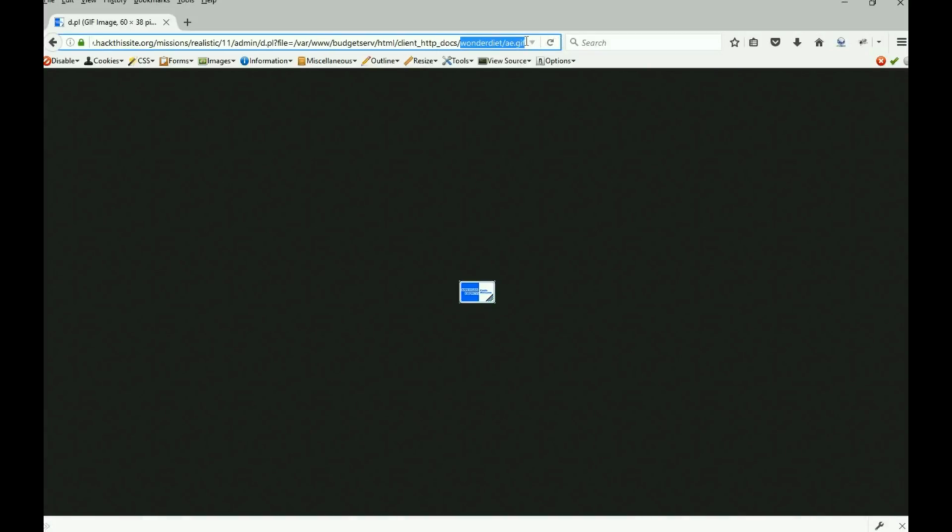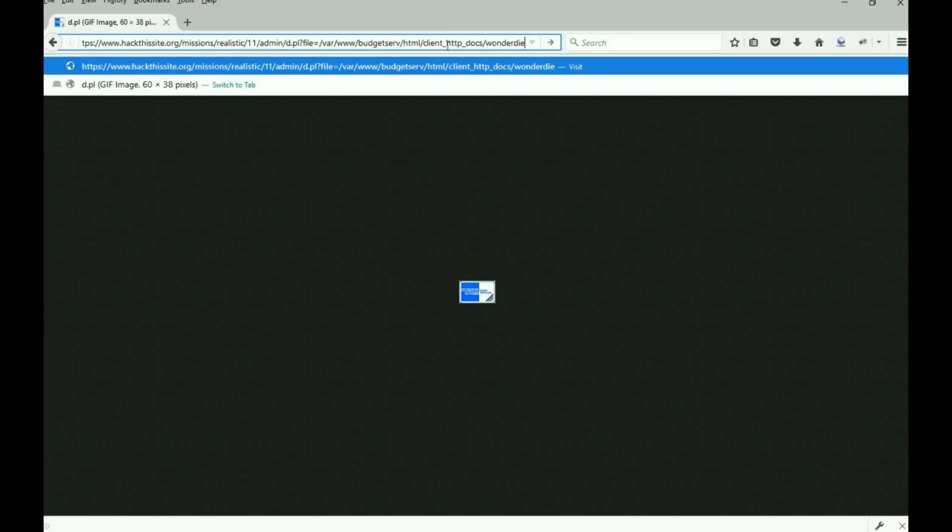And go up here where I can see all the end. I'm going to keep the client HTTP docs, but get rid of everything else. Space 46 / src.tar.gz. Hit enter,